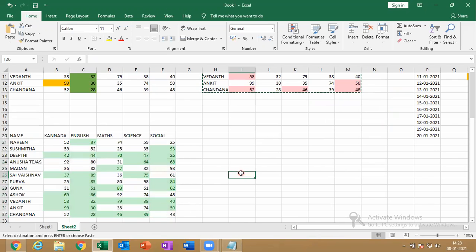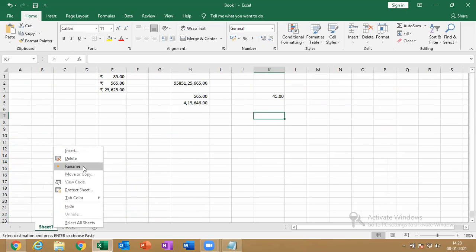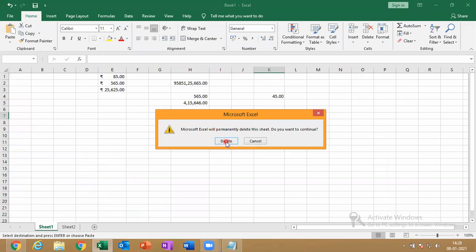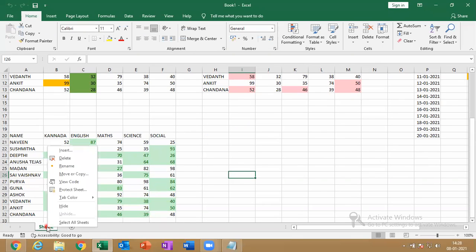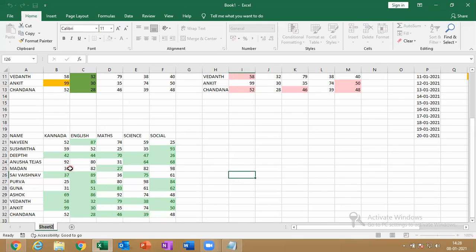So now the previous sheet I'll delete. I don't want this sheet. On this sheet, just right click, rename. We are doing highlight cell rules. Rename the sheet as highlight cell rules, and save the workbook.